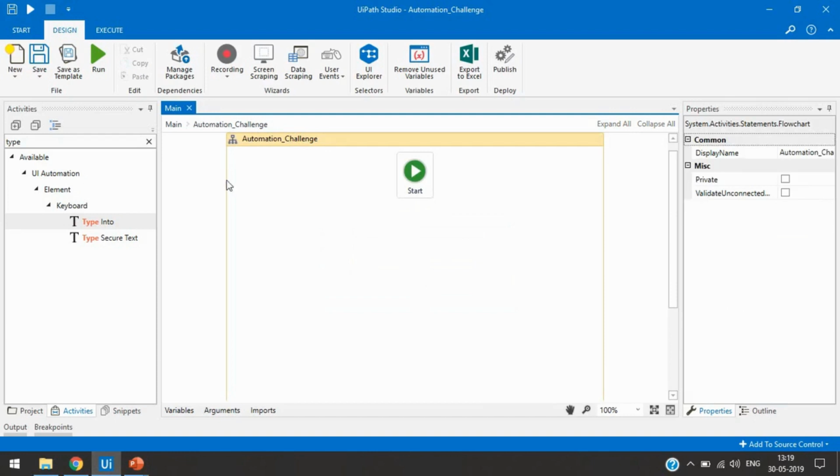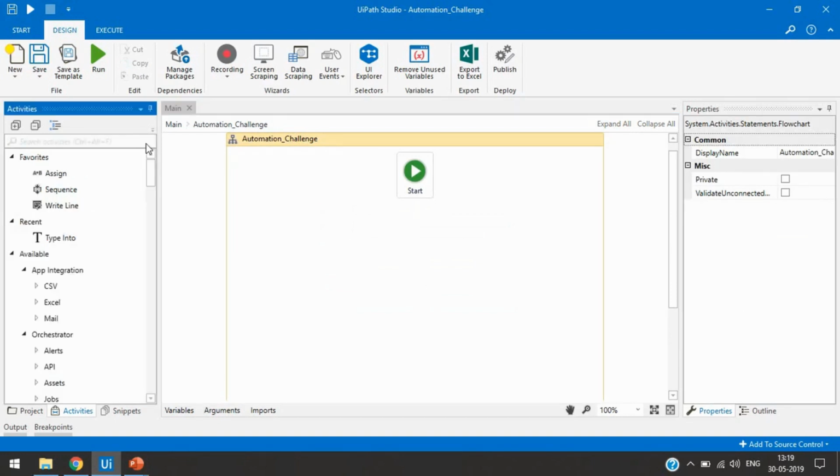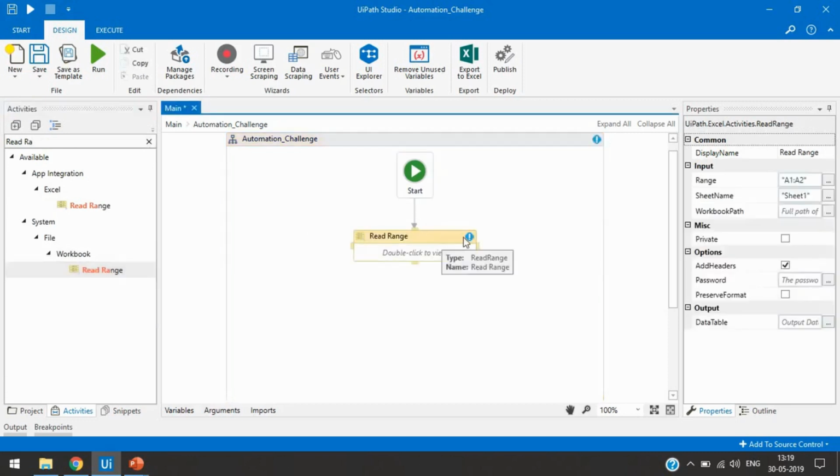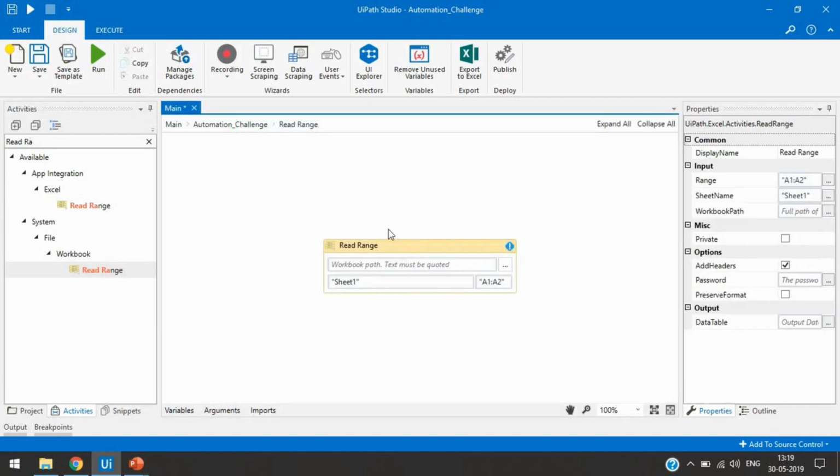For that we can take Excel application scope and use read range, or we can directly use read range of the workbook section. So here we can use this without using Excel application. Here we'll write read, and then we can pass the path.